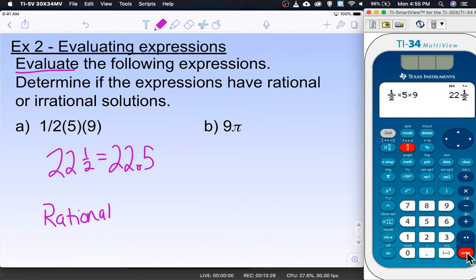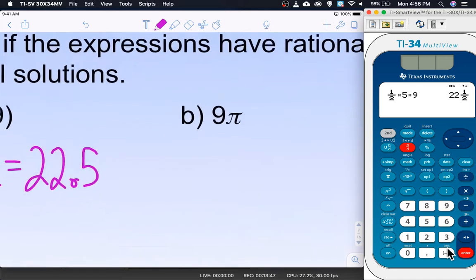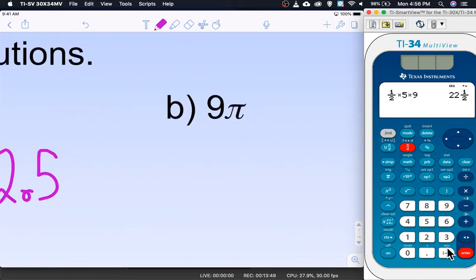My 22.5 I could also write as a fraction. 22.5 as a fraction would be 45 over 2. Letter B, 9 pi. Well, we saw in our discussion, when I went into Wolfram Alpha, that pi itself is an irrational number. 3.141592653588979, blah, blah, blah. It goes on forever. So if pi is an irrational number, and I take it times 9,